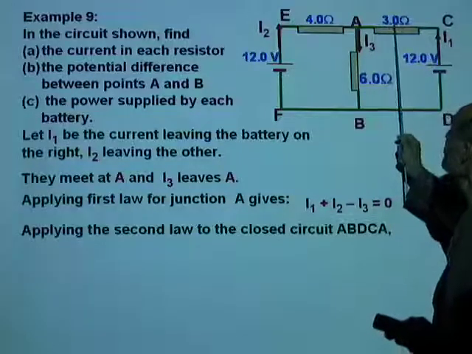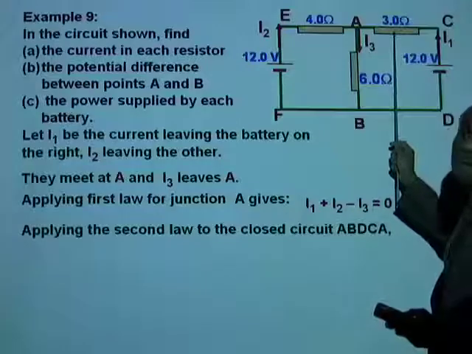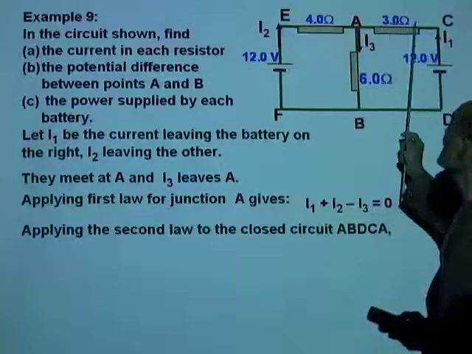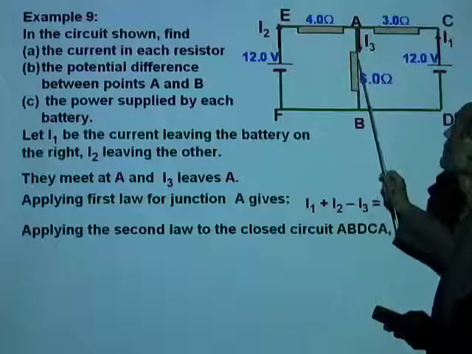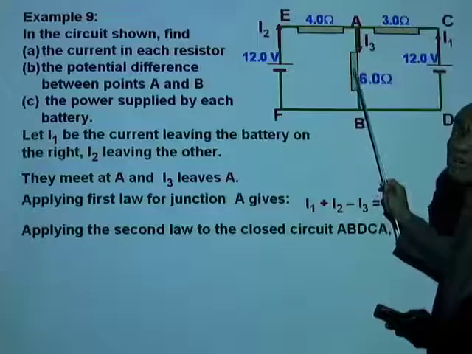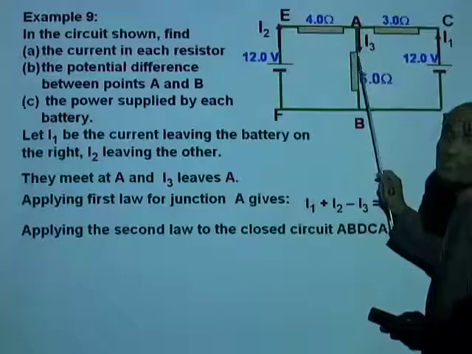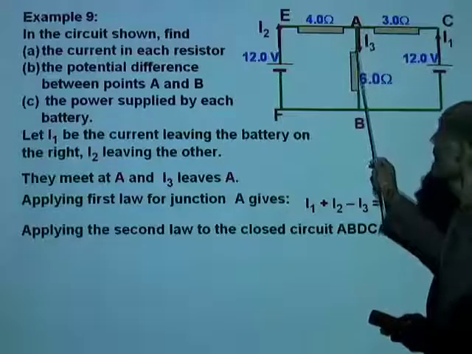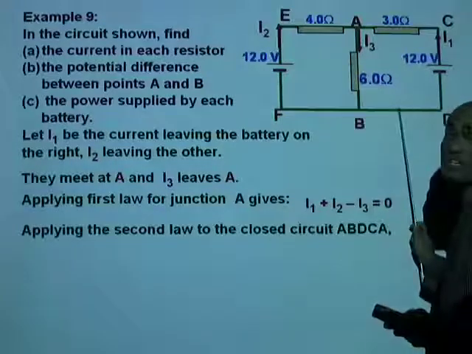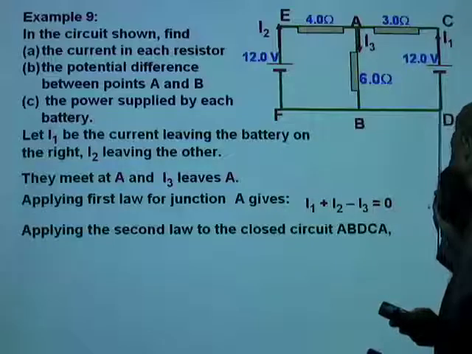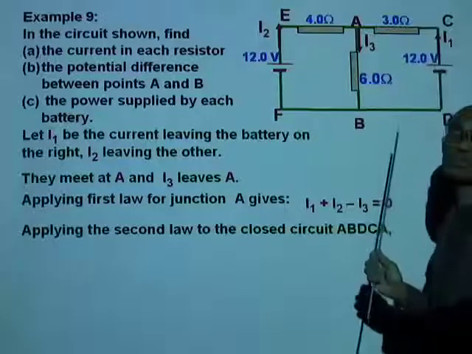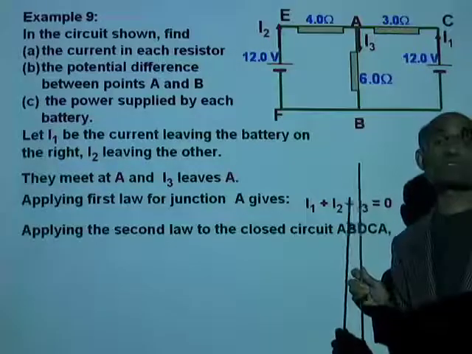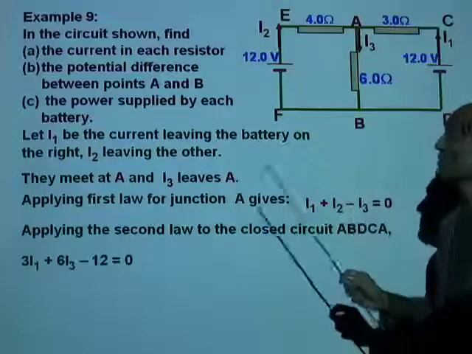That means the potential drop across the 3 ohm, which is 3I1, is positive. The potential drop across the 6 ohm, which is 6I3, is also positive. And the loop is traced out from the negative to the positive of the cell. The potential drop across the battery is negative. We get